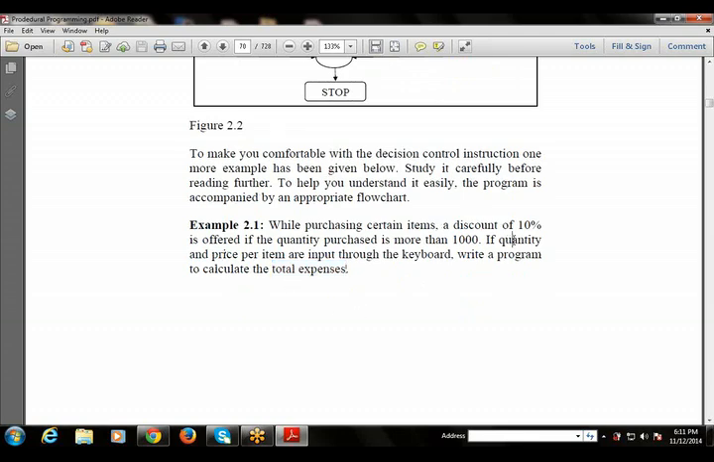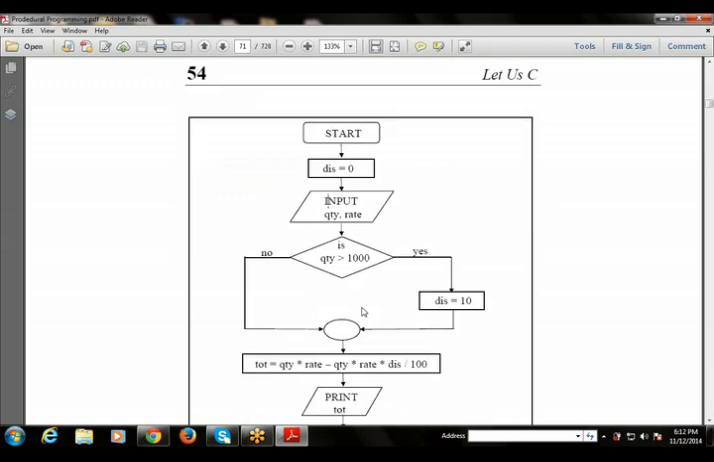And what is the input that is taken? One is quantity, one is price. This is the example that uses start, then discount equals 0, that is, initializing the variable discount equals 0. Then input the variables quantity and rate, that is, take the input variables quantity and rate. Then check the condition, that if the quantity is greater than 1000,